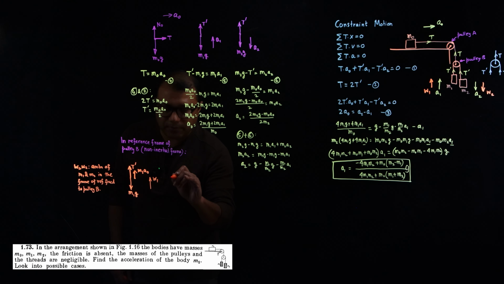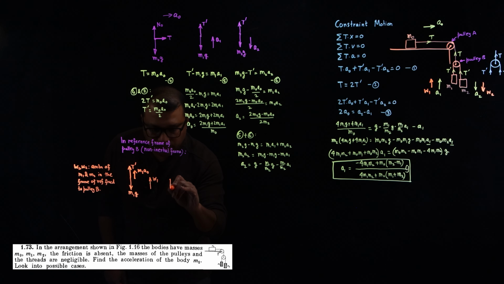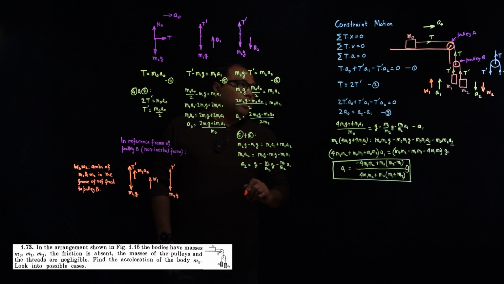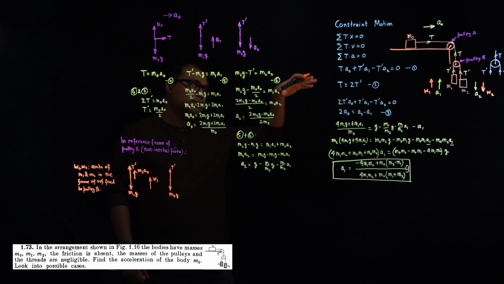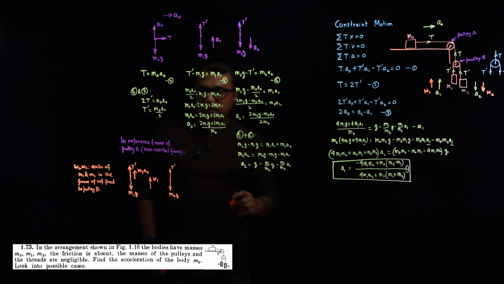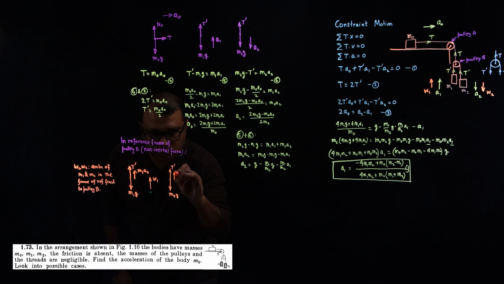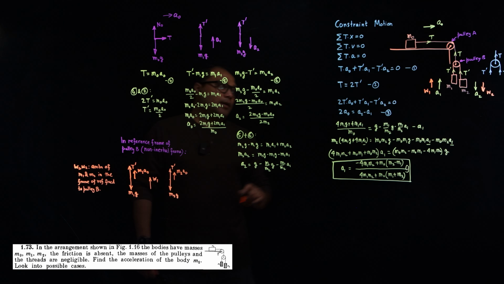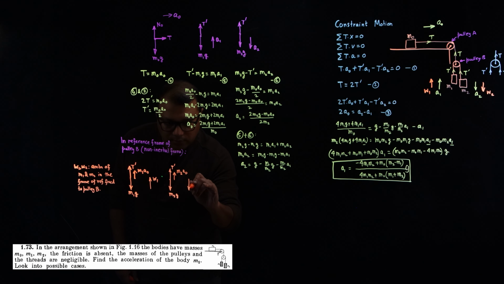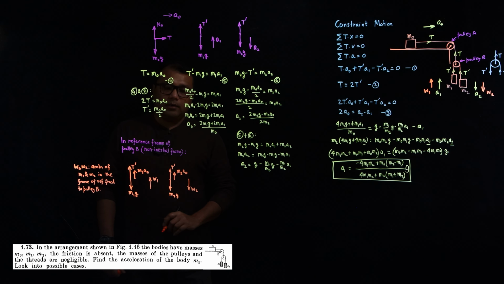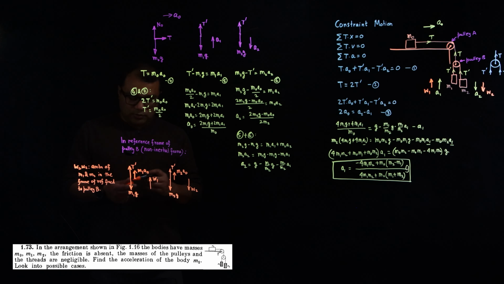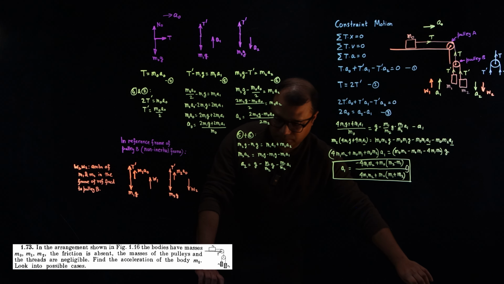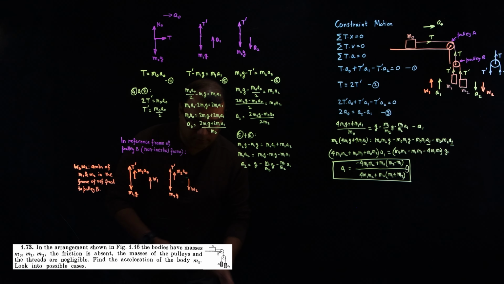Similarly, let's draw the free body diagram of M2. So M2G, we have T dashed upwards, and because the frame of reference is accelerating downward with A0, I'll have to introduce a pseudo force M2A0 upward, and then this is accelerating with W2. Now if I write the equations of motion,